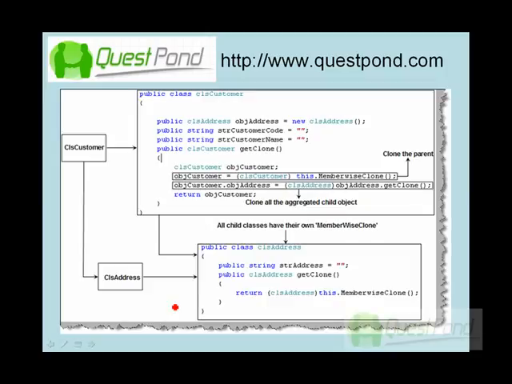To achieve deep cloning, what has to be done is basically every object should have its own way of cloning, or it should actually expose the member-wise clone. Meaning what? You can see the example on the screen. I have a customer class, and this customer class has an addresses object. Now if I just clone this customer class and I don't clone the address, then that is called